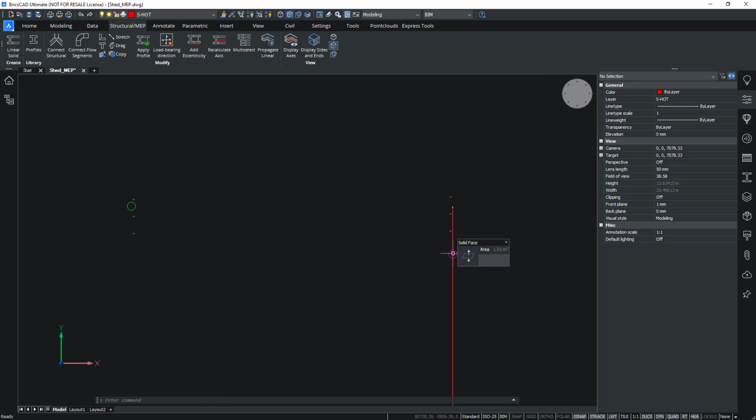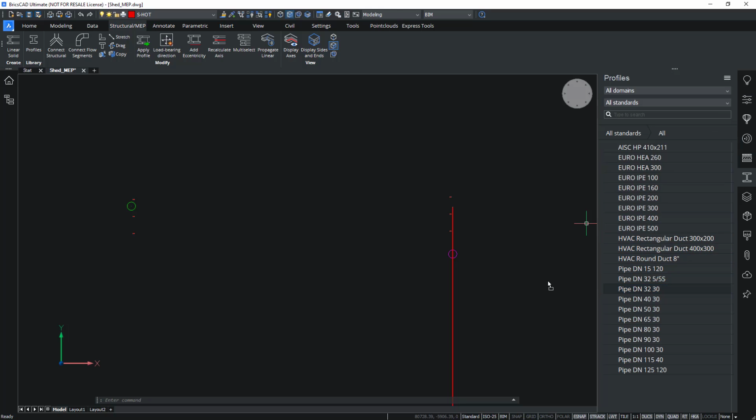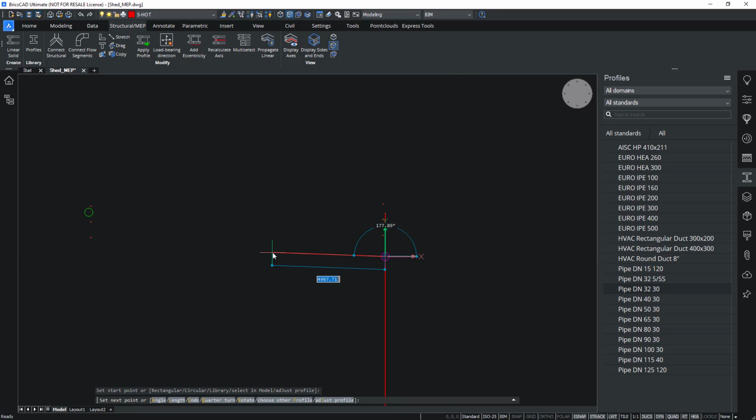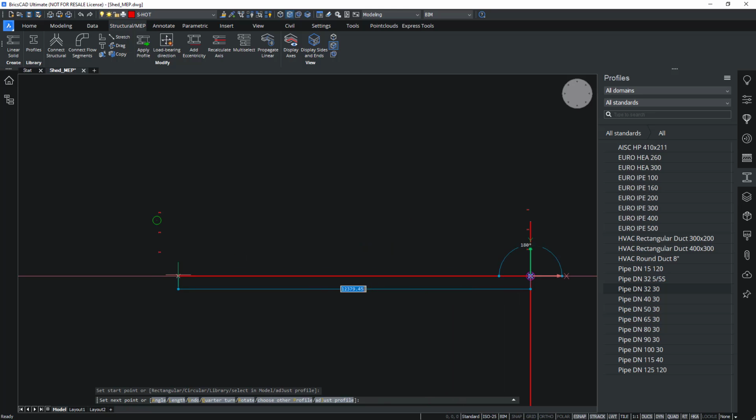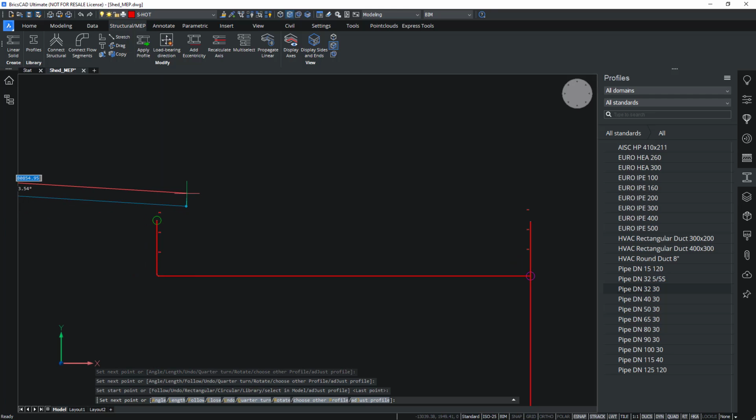Now let's create a pipe going from here to here, so from point to point. And again, I will just drag and drop this in my model space. So now it's attached to my cursor. Let me snap from this point here, from this node. I will use snap tracking, just like I would do in 2D with 2D lines, to create this pipe.